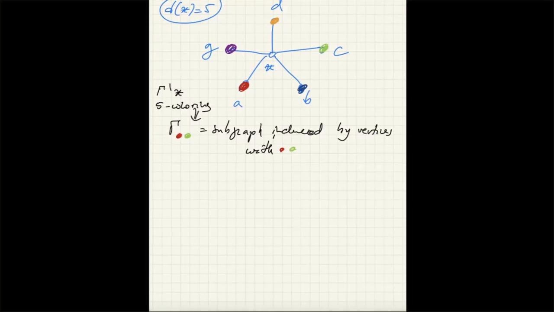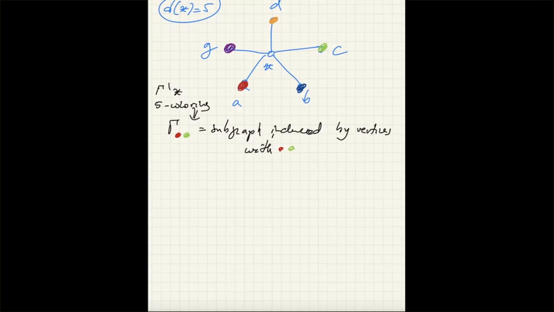And if I look at the two possibilities, in that subgraph, the neighbors of A have to be colored by green, because this is a proper coloring. And if C has neighbors of that color, they would have to be colored red, and so on. Now you have two possibilities. The A and C are not on the same component in this graph. So in that case, if A and C are on different components,